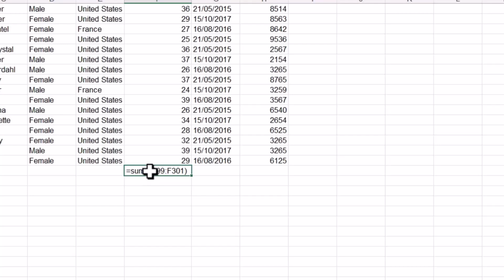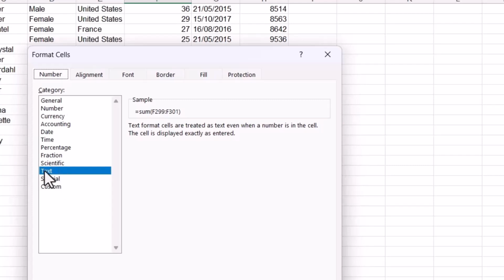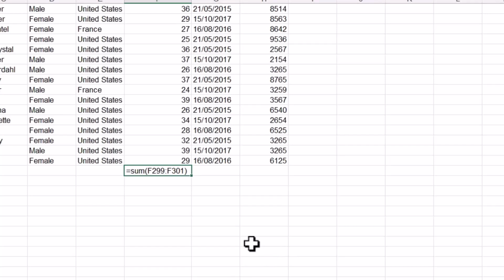How to do that? Select the cell, right click, there is the option Format Cells. Click on that, check under the category the format selected as Text. We need to change that to General and click on OK. After changing the cell format, again we need to enter the formula: equals, bracket, select the range, close bracket and